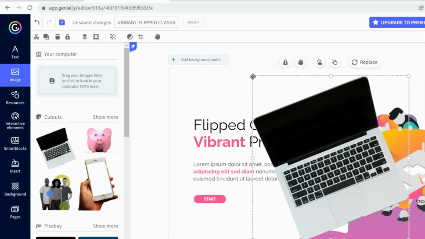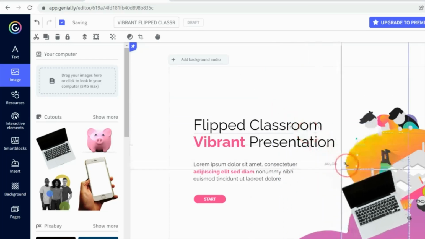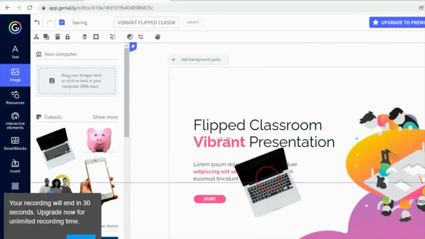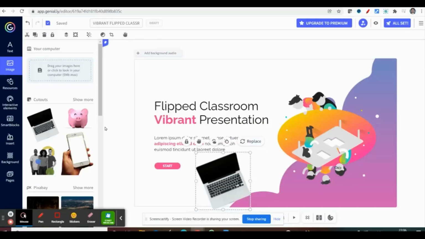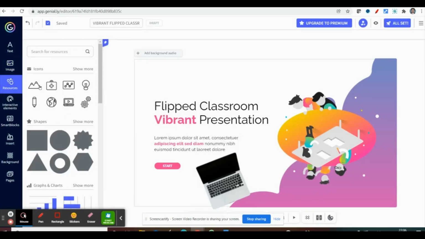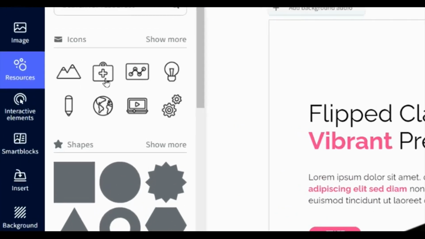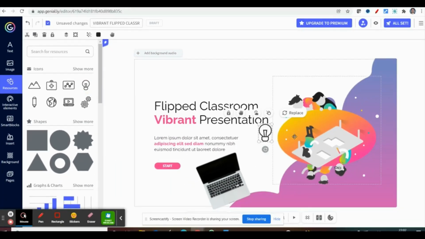Let me minimize this image and put it here. This is the default image, and now I am adding a new image. We also have resources. If you click resources, you can find different icons, and you can add any icon. Suppose you want to add this light idea option, you can get this icon here.